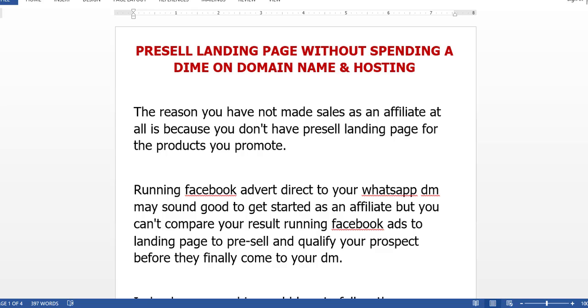Many of you run Facebook adverts direct to your WhatsApp DM. Of course, this may sound good to get started as an affiliate, but you can't compare your result to running a Facebook advert to a landing page that pre-sells and qualifies your prospect before they finally come to your DM. There's room to run Facebook adverts direct to your WhatsApp DM, good, but you can't compare that result to running a Facebook advert to your pre-sale landing page first, and then they take the step of coming to your